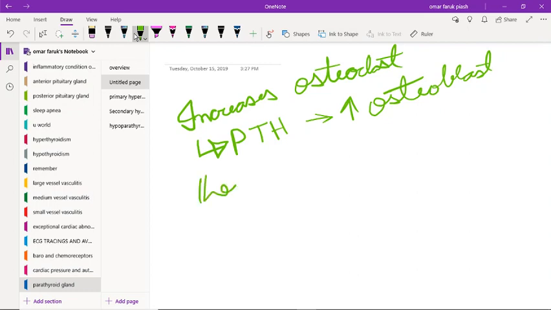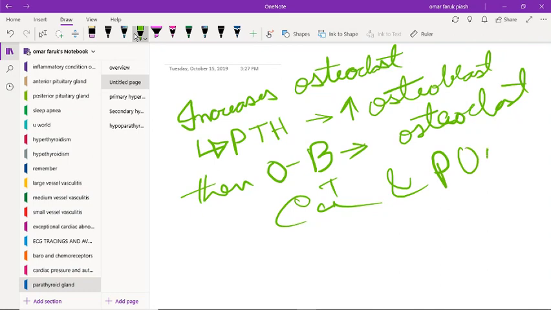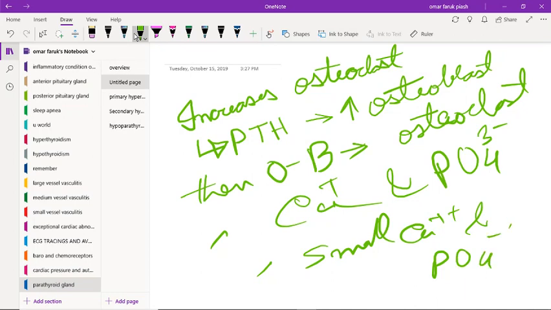Then osteoblasts activate osteoclasts, releasing calcium and phosphate. Another thing, it increases small bowel absorption of calcium and phosphate. And the last thing it does